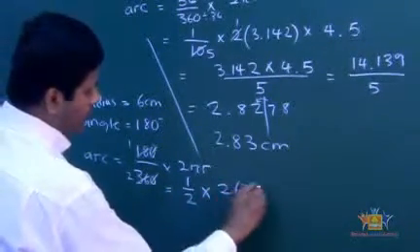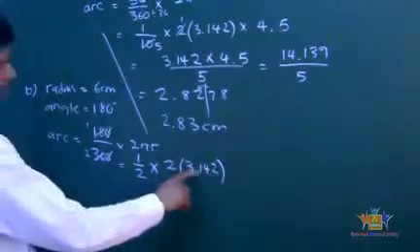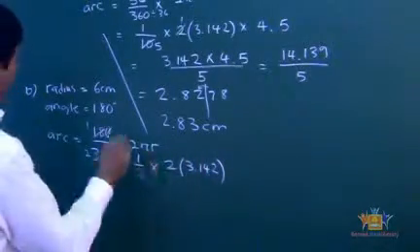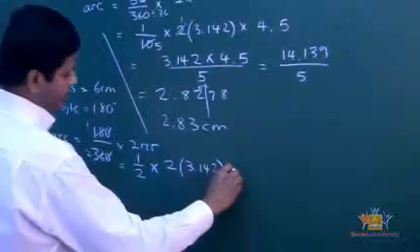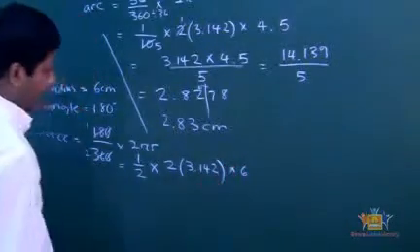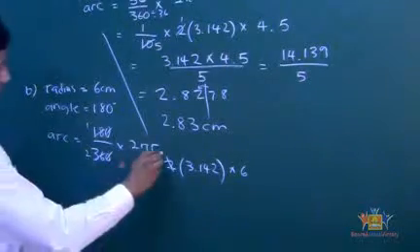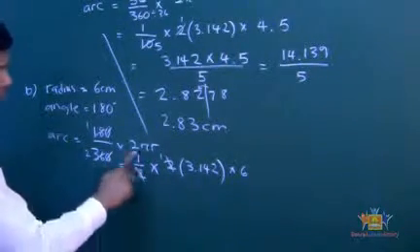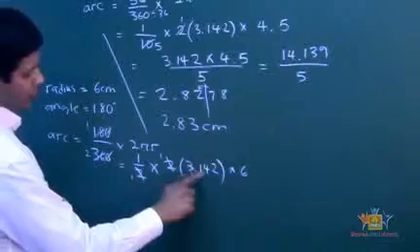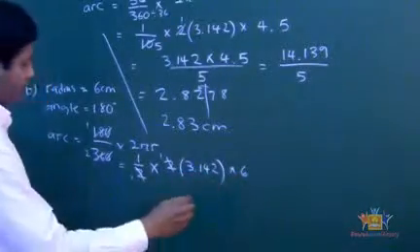Pi is 3.142. So 3.142 times r. R is 6 centimeters. See that? Okay. Now look at that, the 2 and 2 I can cancel out. All right, so that means I got 1 here, 1 here. So 1 over 1 is 1, 1 times 1 times 3.142 times 6. All right, so that gives me